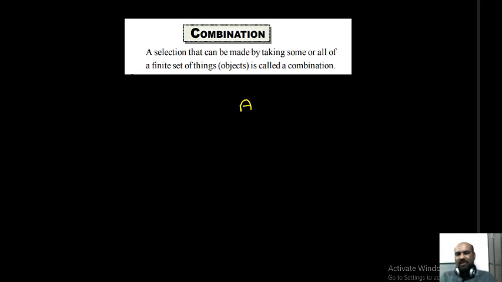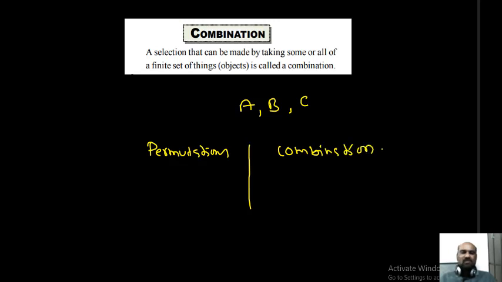Students, listen. For example, A, B, C are 3 objects. I want to select 2 and after that arrange them in a row. How many different ways can I arrange? That says permutations. What combination says is how many ways you can select 2 from 3. So permutation means 3P2, selecting 2 from 3 and arranging in a row. What combination is saying is how many ways you can select 2 from 3.